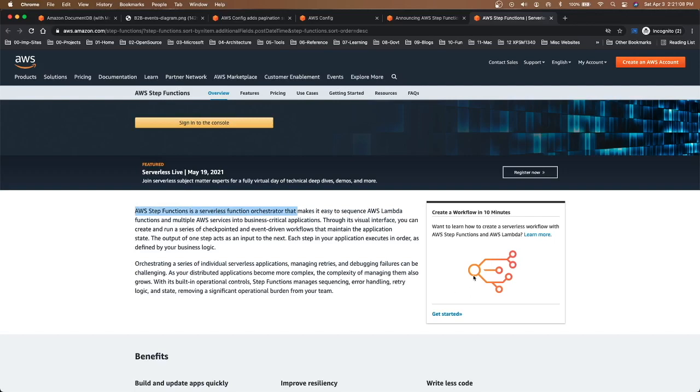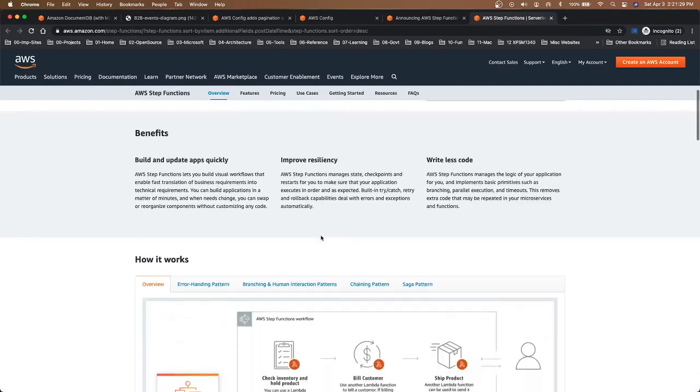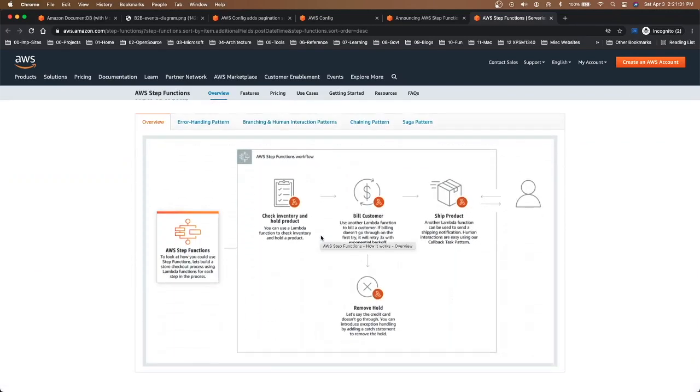What exactly is an orchestrator? Basically, if you look at this picture, it's kind of a workflow. You define a workflow, and based on rules defined in the workflow, the orchestrator is going to execute one thing or another thing. So it's kind of a flow chart or workflow. This one is a serverless workflow. So if you look at this, an example of how Step Functions is working, this is a Step Functions